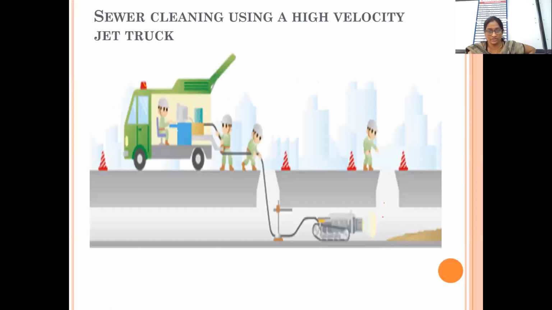Yeah, I was telling you that through a manhole, either a man can enter into the sewer line, or we can send the tools for the cleaning purpose. Here you can see these are the two manholes. The empty space is shown here; this one is the first manhole, this one is the second manhole.